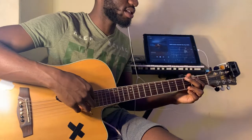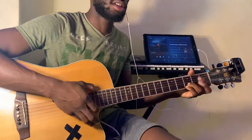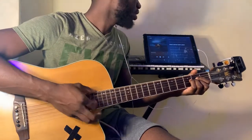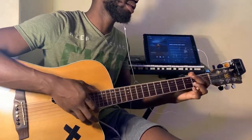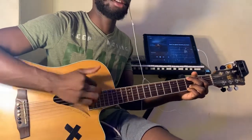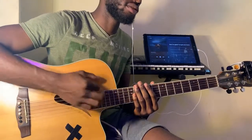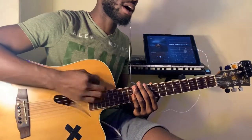So the first chord is an A major, and then we go to G to D. This is the A minor, G to D. And the strumming pattern is down, down, up, up, down, down, down, down, up, up, down, down,